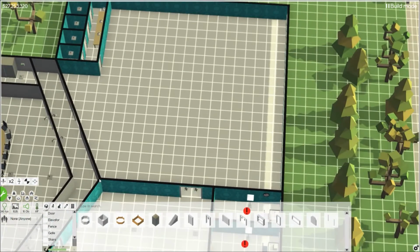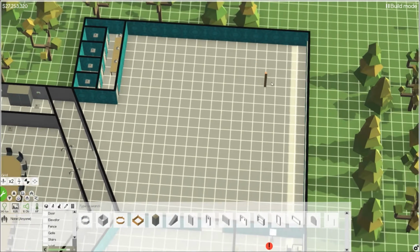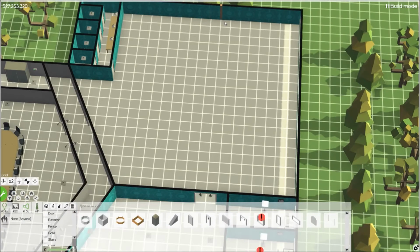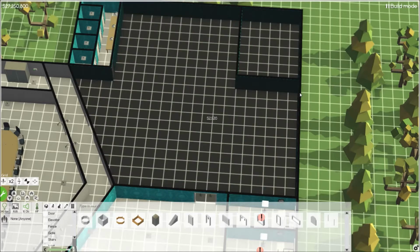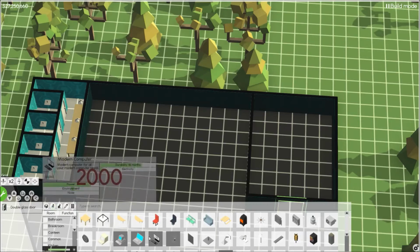But what we're going to do now is build the canteen. So how this works is, well, we need a little galley here. So I'm thinking we're going to have a little kitchen galley going on here, and we're going to do that. And we're going to make a double sliding glass door, just because we want to get fancy, and furnish. And now,